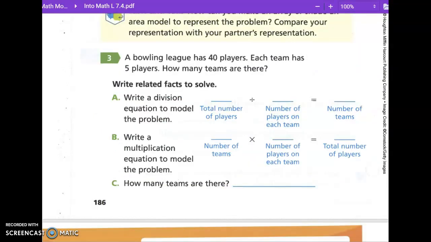A bowling league has 40 players. Each team has 5 players. How many teams are there? Write a division equation to model the problem. How many players do they have? 40. So what are we going to put in here in the dividend? 40. And how many players are on each team? 5. How many 5s in 40? There were 6 in 30. So we could go 35, 40. So there are 8